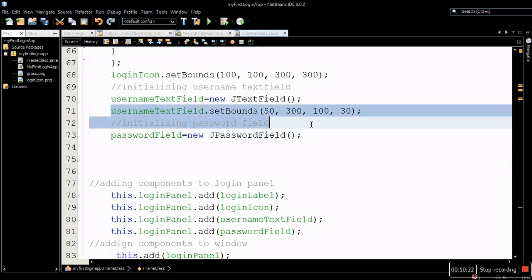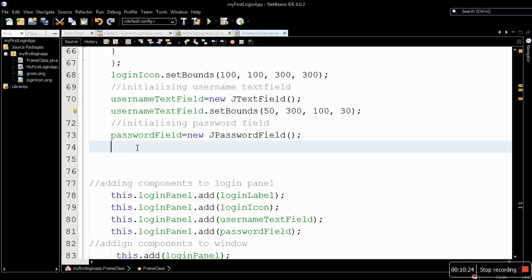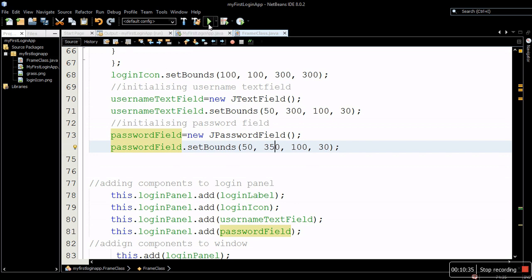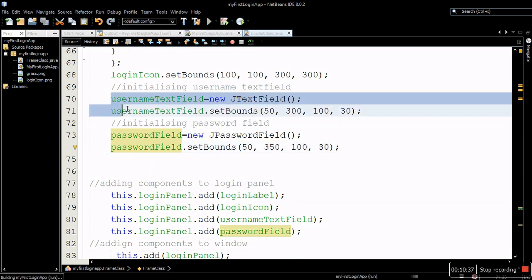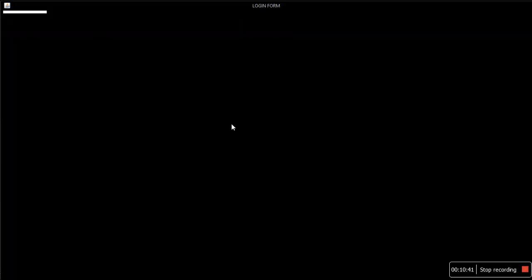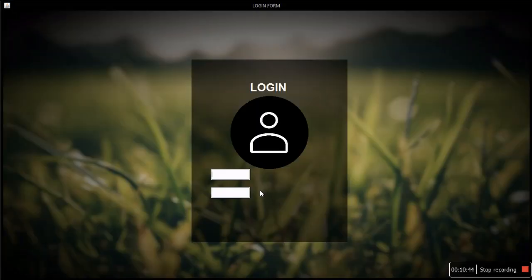Now I want to copy that, save time and energy. I want to set bounds, position, and size. This one, I just want to move it 50 units down. Then let's run our application and see if we're gonna get the perfect location for our text fields. Come on. Yep, for location I think it's perfect, but when it comes to sizing,